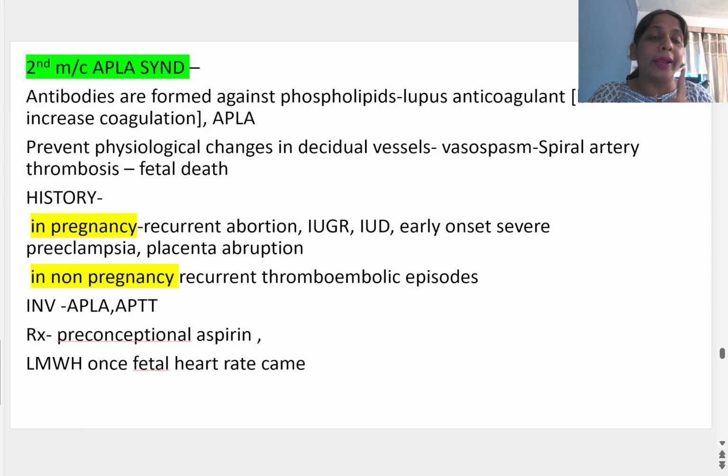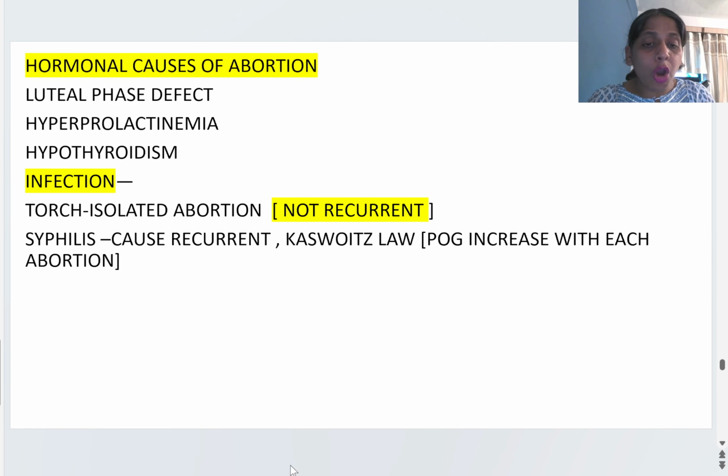इन्वेस्टिगेशन में अपला एंटीबॉडीज चेक करवाएंगे और ल्यूपस एंटीकोगुलेंट APTT को बढ़ा देता है, क्योंकि बार बार कोगुलेशन करवाता है ना, तो APTT बढ़ जाता है, ठीक है। ट्रीटमेंट होता है प्री कंसेप्शनल एस्प्रिन स्टार्ट कर देंगे अगर हमने डायग्नोज कर लिया, और लो मॉलिक्यूलर वेट हिपैरिन देंगे। वंस फीटल हार्ट रेट आ गई है तो हम उसको लो मॉलिक्यूलर वेट हिपैरिन देंगे।